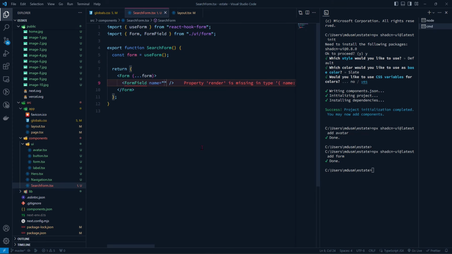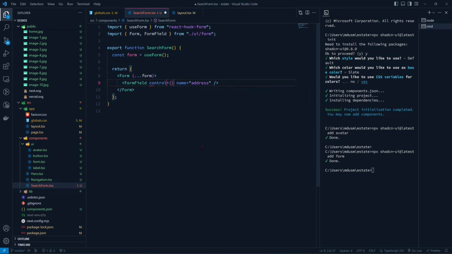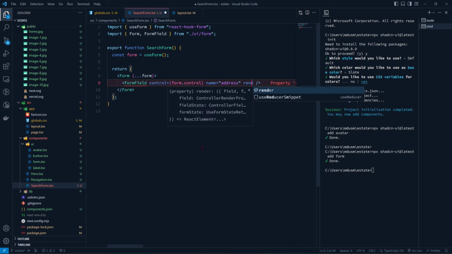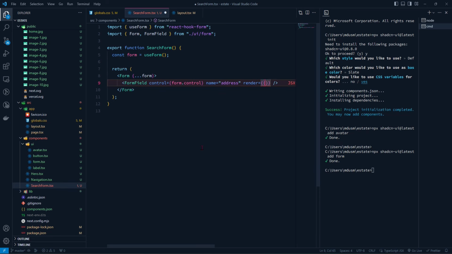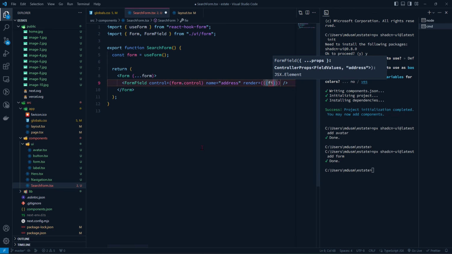So first is address, and we also need to provide the control if you know how to use React Hook Form. So control, and we can use render, and render is just a method, and here we can use